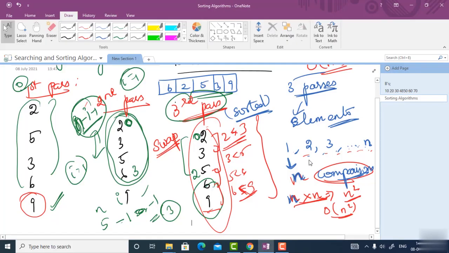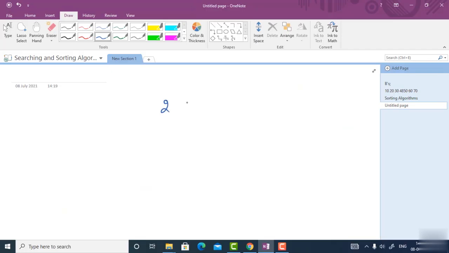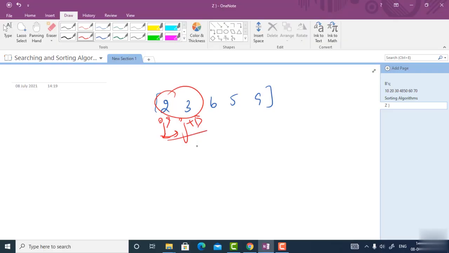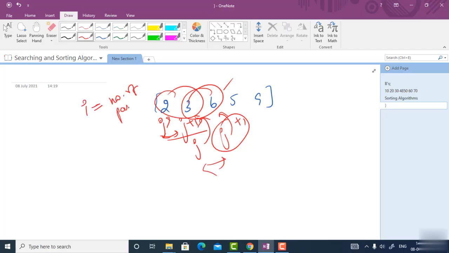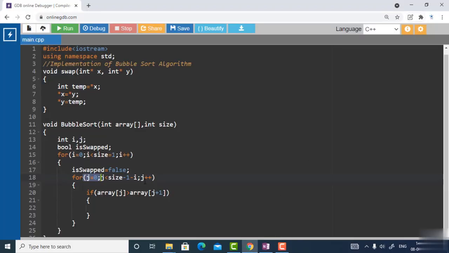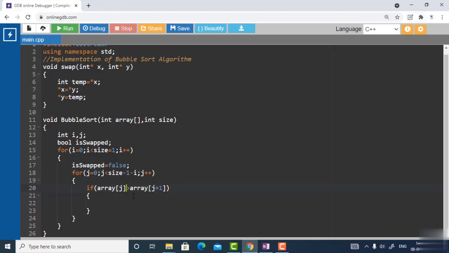Let me add a new page. If these are my elements, 2 3 6 5 9, here this is j and this is j plus 1, the next element. So I can simply compare these two like this. Again j is incremented, so this will be j and this will be j plus 1. I can simply compare two elements like this, because I keep track of the number of passes I'm making. This makes sense, right? Here, if array of j is greater than array of j plus 1, that is, the current element is greater than the next element,